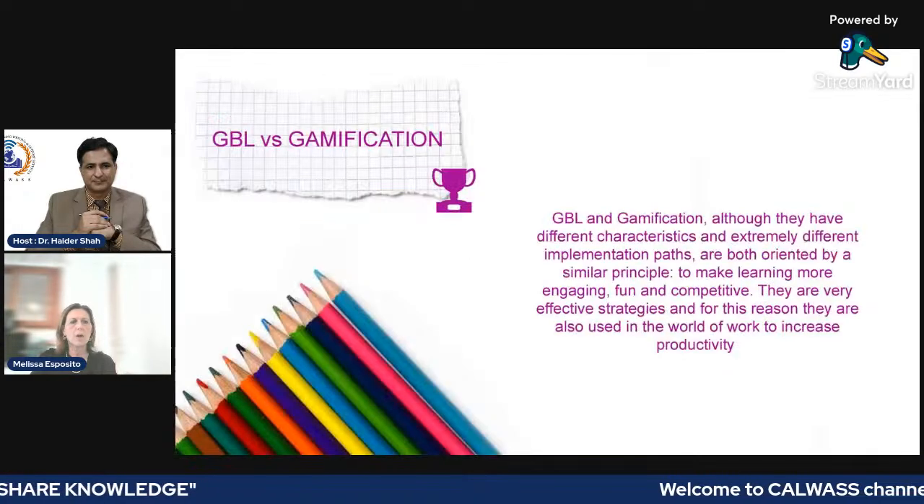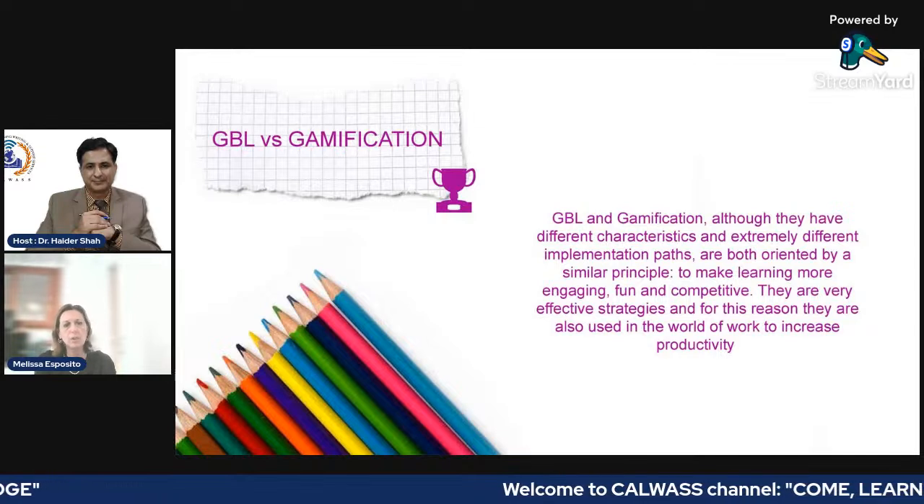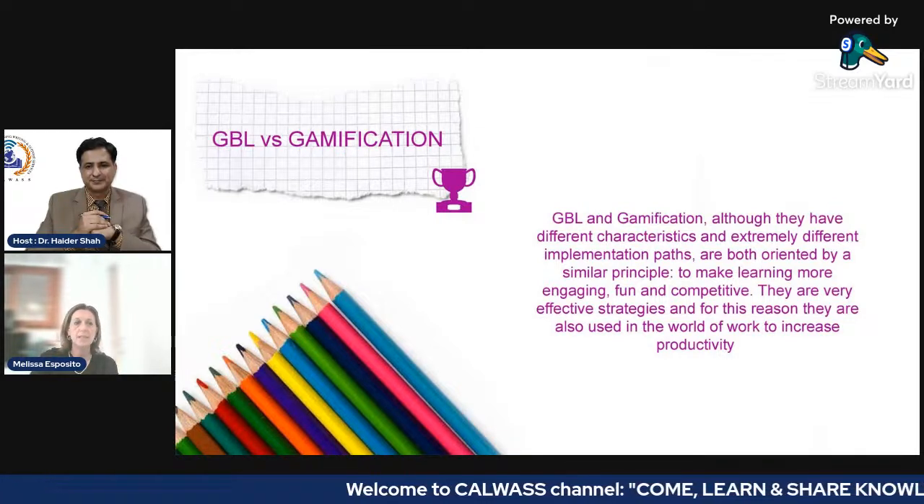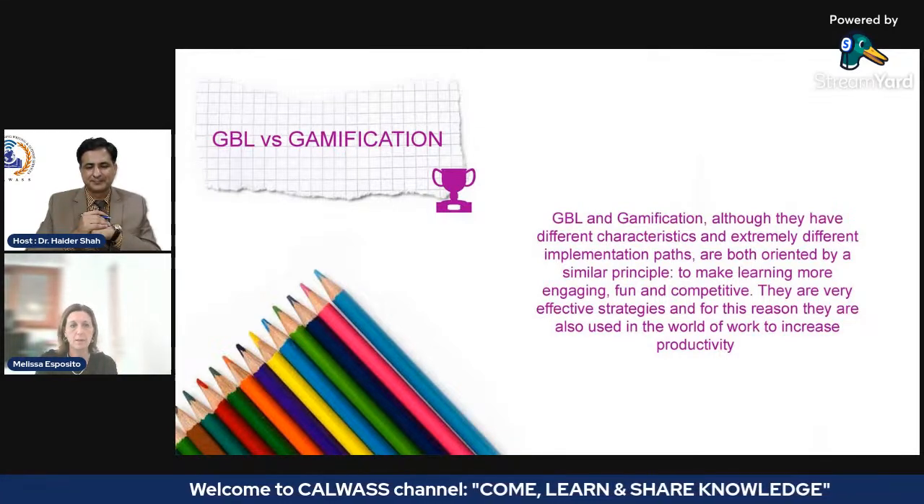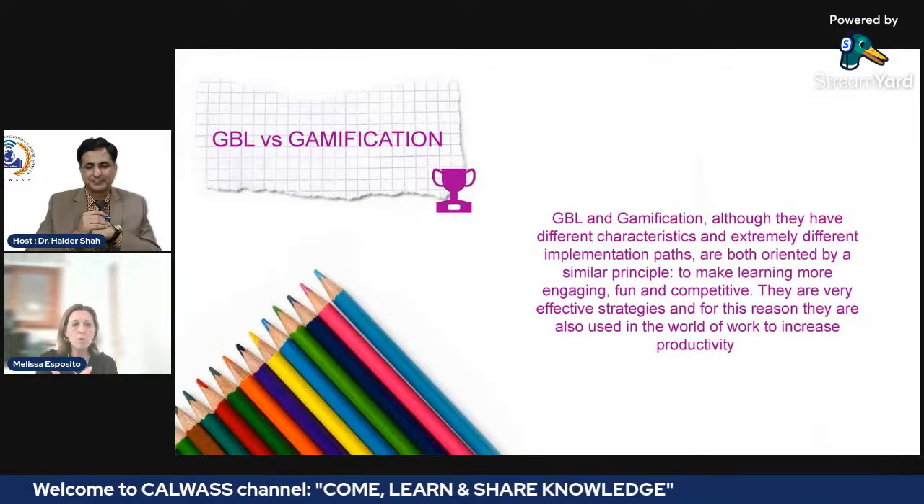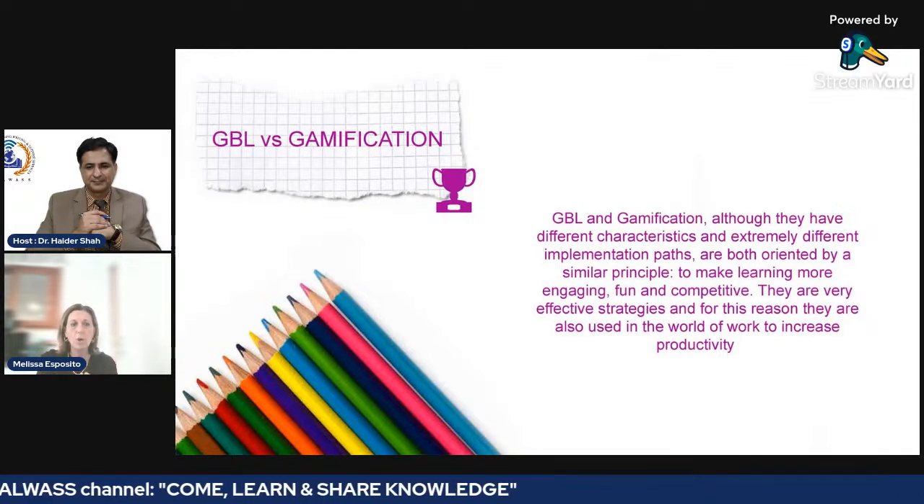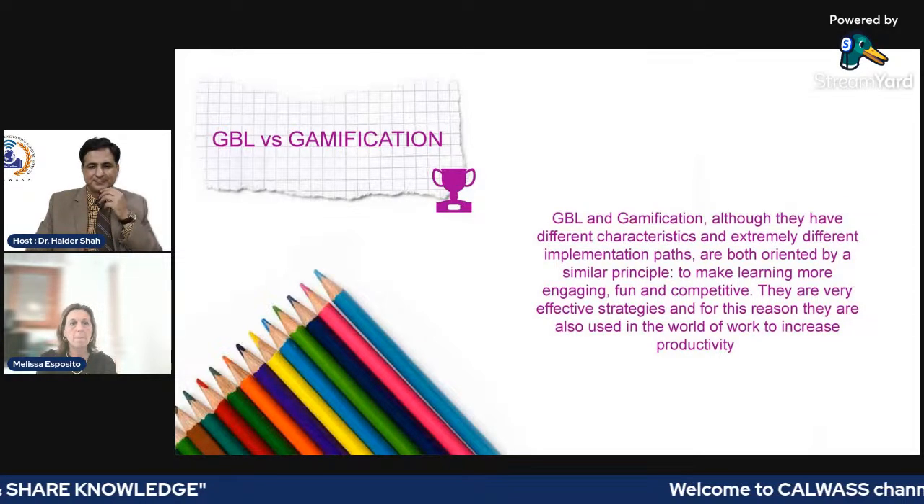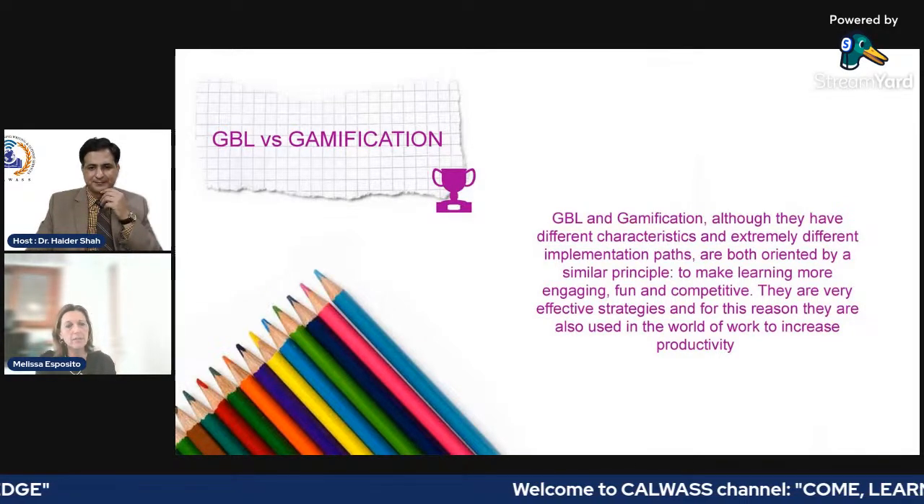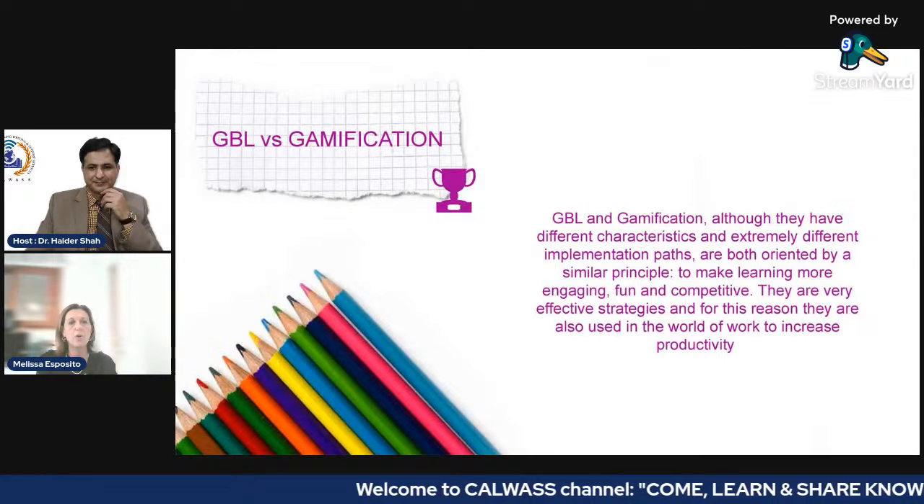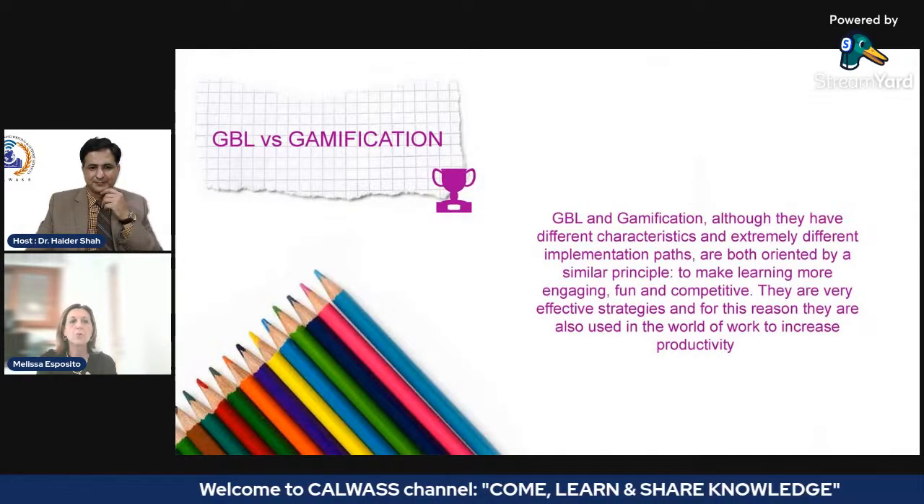In conclusion, GBL and gamification, although they have different characteristics and extremely different implementation paths, are both oriented by a similar principle: to make learning more engaging, fun, and competitive. They are very effective strategies, and for this reason, they are also used in the world of work to increase